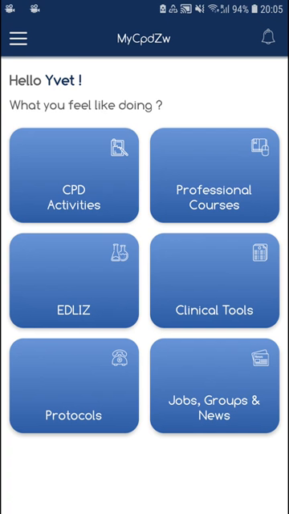So MyCpd solution provides you with convenience in terms of accessing your CPD activities. It makes you access standardized CPD activities, and also you can access professional courses once they are available. There's a news dashboard where you can access your news. The points management system allows convenience in terms